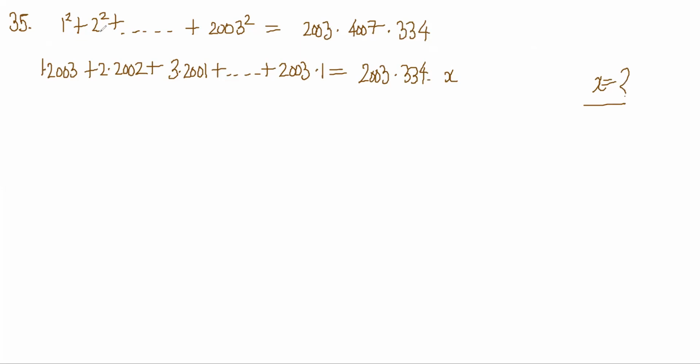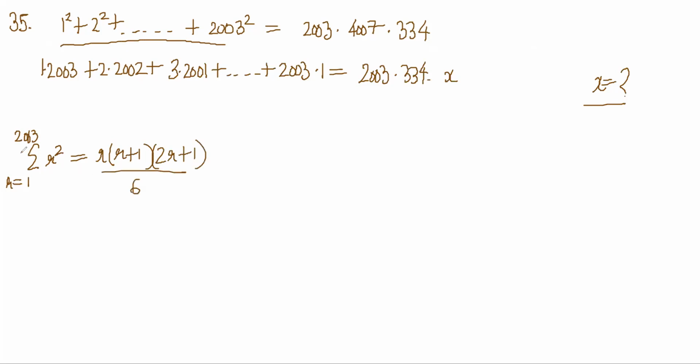So notice that the first thing is just the sum of squares, right? Sum of first n squares, 1 to 2003 r square. This is a formula, n into n plus 1 into 2n plus 1 by 6. So the value has been given to you. Ultimately, you have to find this series value, right? So let's try to understand this series.